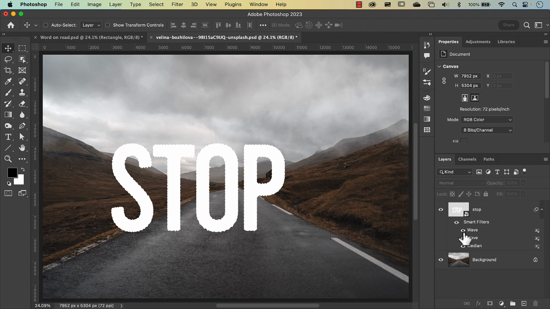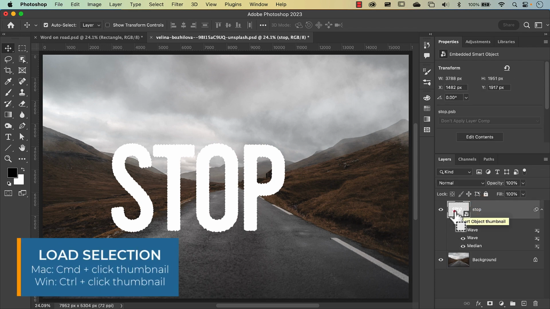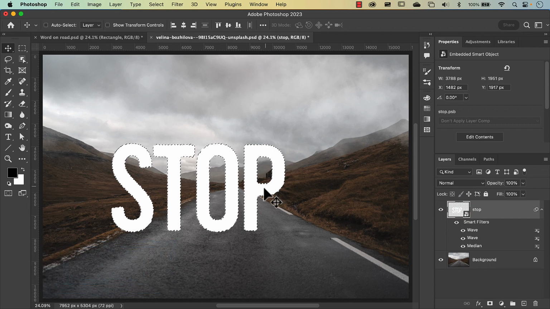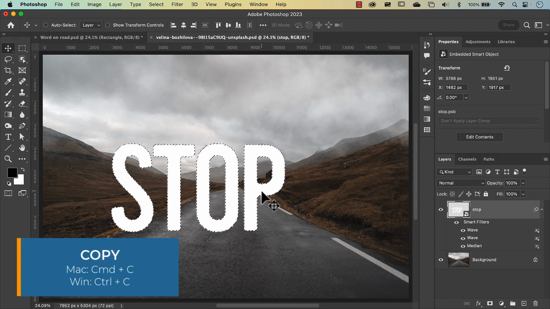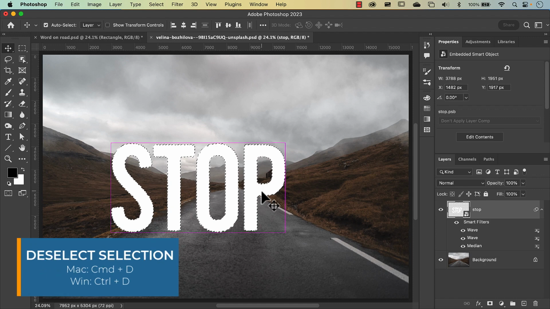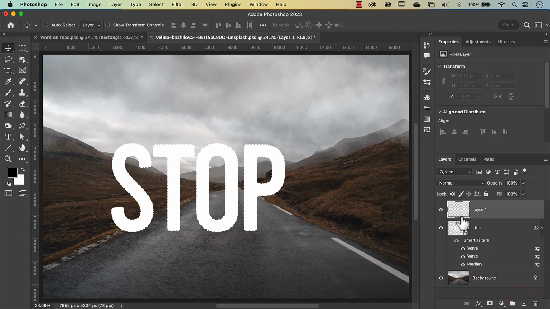The next thing that we need to do is to add perspective to this text. So we're going to make a copy of this text. So clicking on this layer here, press Command and click on this layer. This will bring the marching ants out so you know that it's selected. And we're going to make a copy of that by pressing Command C. And now that we've got it in our clipboard, we're going to deselect that by pressing Command D. Let's make a new layer by pressing this icon here and drag it